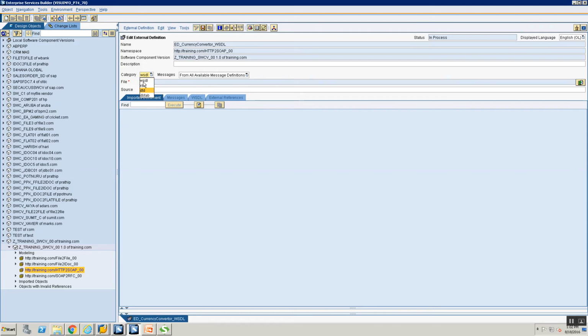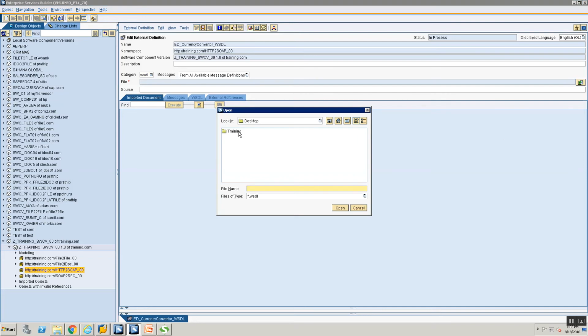So in this case, because we are dealing with a web service, it will always provide you with a WSDL. So make sure you select WSDL or web service description language, and click on this button that says import external definition. Okay, now when I click on this button, it's going to ask you the location of your WSDL on your local machine. So I'm selecting this, and now I'm going to make sure I'm selecting the currency converter WSDL. Right, the currency converter WSDL is the WSDL that we just imported from the external website, or downloaded from the browser. Make sure you select currency converter WSDL and say open.